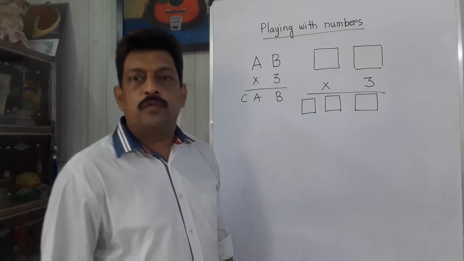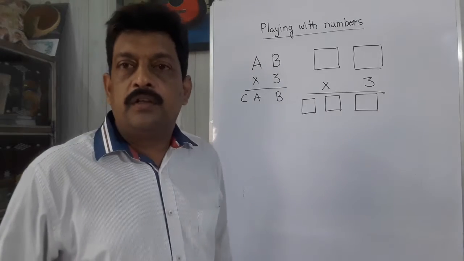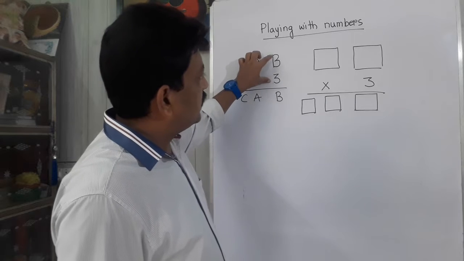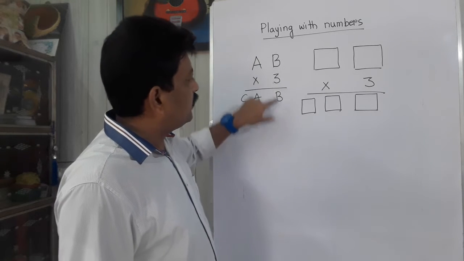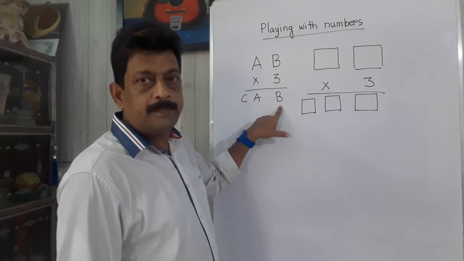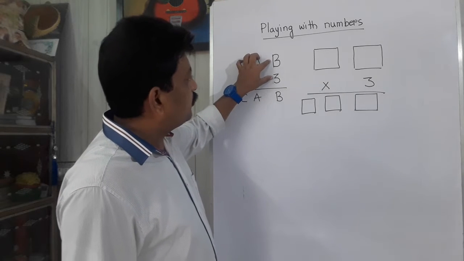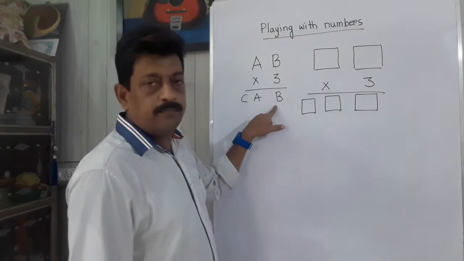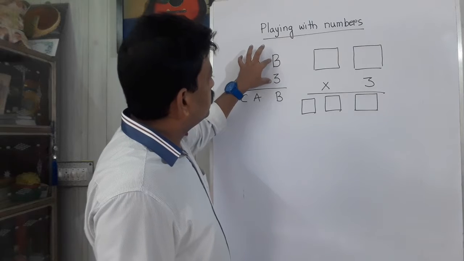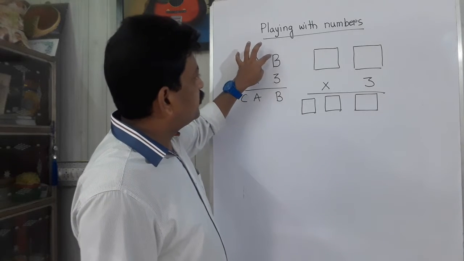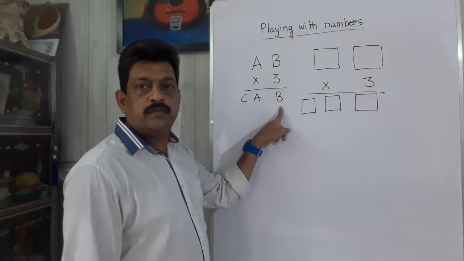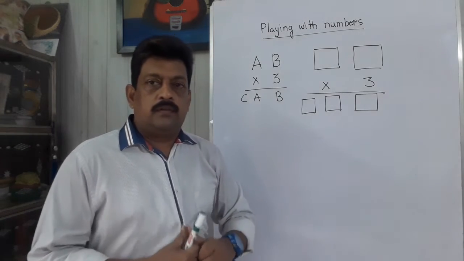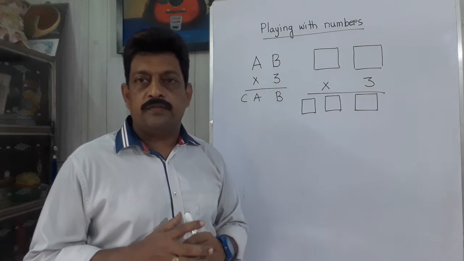Now let us go for checking more numbers. 6. If you put 6 here, 3 6s are 18. Not matching. 7, if B is 7, then 3 7s are 21. 1 is not matching with 7. 3 8s are 24. If you put 8 here, it will become 4. It is also not matching. These two numbers should be the same. Okay, if you put 9 here, 3 9s are 27. We are getting 7 at the unit place. So 9 is also not the answer. Therefore, we have got one numeral only, that is 5.